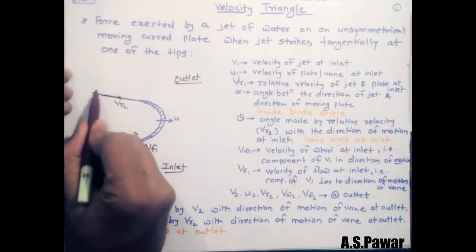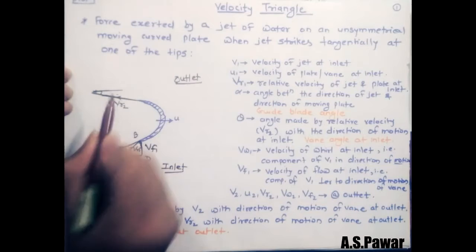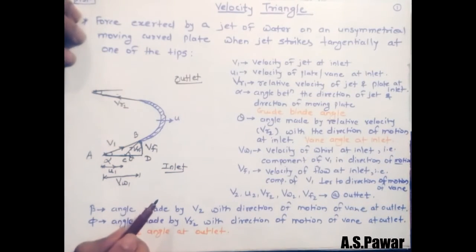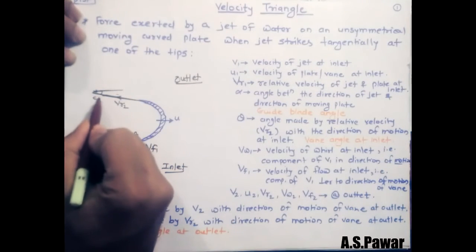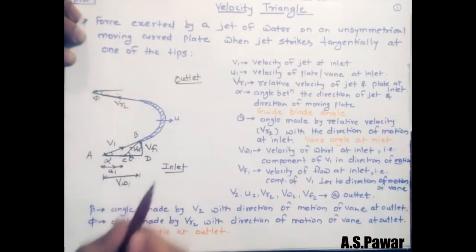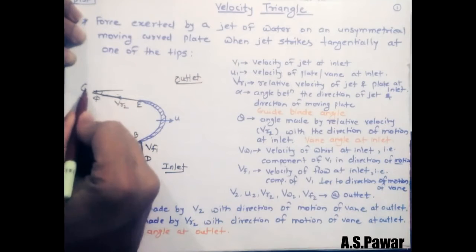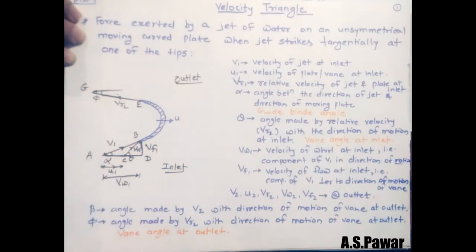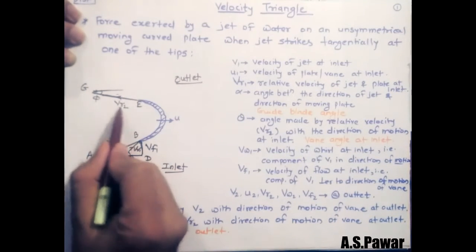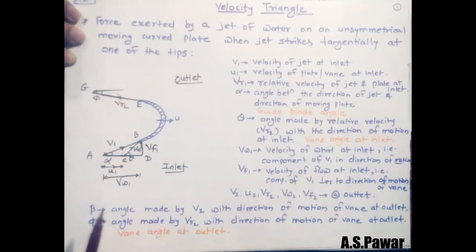Now when we consider its inclination with the horizontal, it will again be inclined at a certain angle, and I am going to consider that angle as angle phi. We will again give names to the various points. Suppose this is E and this is point G. So this angle is phi, the inclination of Vr2 with the direction of motion. This can be seen here. So this angle is phi.